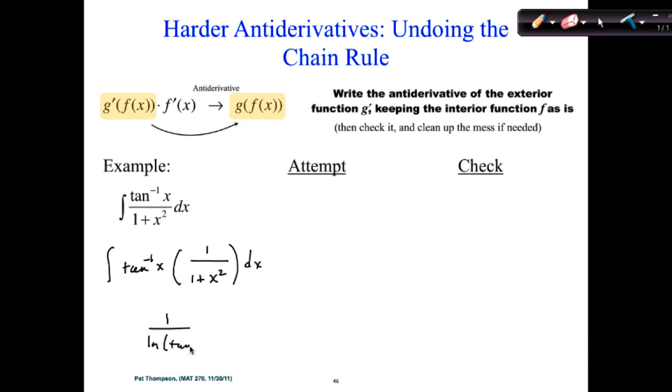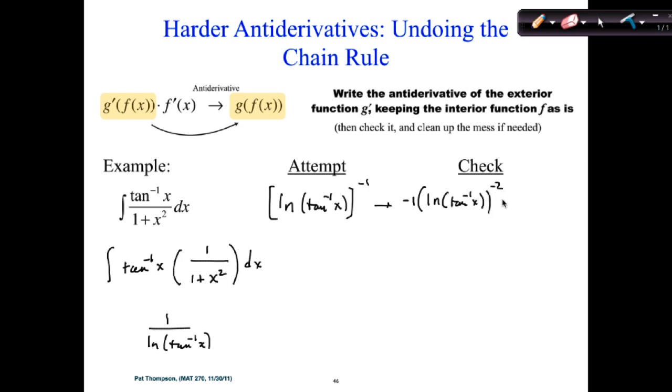So let's just take the derivative and see what we get. That's the same as natural log of tangent inverse, all to the minus 1, right? So is that the same as your answer? If we took the derivative of that, we'd get minus 1 times natural log tangent inverse